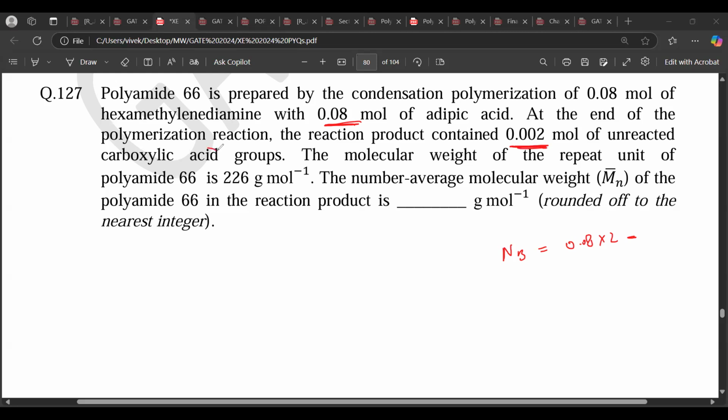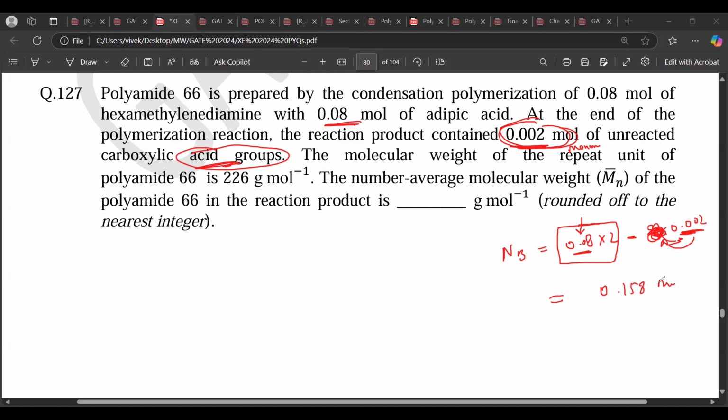Unreacted groups. Oh my god, this is so tricky, guys. Come on. If you use 0.002 moles of monomer not reacted, then what will you have to subtract? 2 into 0.002, because this is just moles of monomer. So each monomer has 2, so you have to multiply by 2. But it's saying this is the mole of functional groups that are not reacted. So you have to just subtract this many, because you got the total number of functional groups from the mole of adipic acid, subtracted by this, then you get